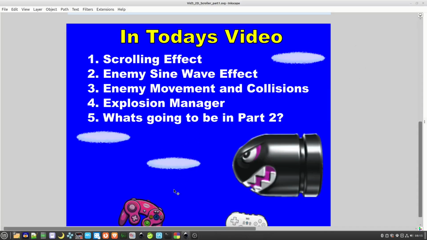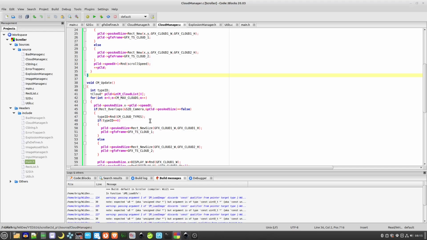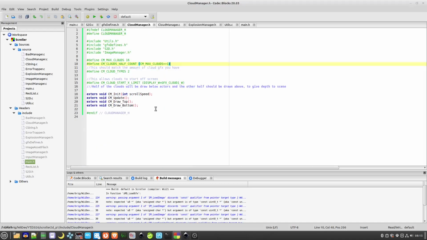So let's get into the code now. So how the scrolling effect works. So I have a cloud manager. So what I've done is I decided that 16 clouds would probably be enough. Could be too many actually, I'm not too sure. And then I decided that